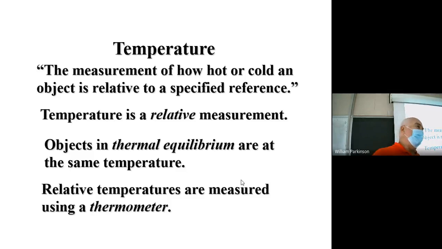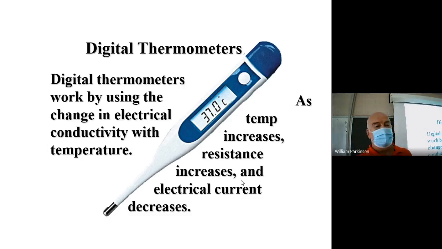Temperature, as I say here, is a relative measurement. Now, what do I mean by that? I typically design a temperature scale, and I measure temperature on that scale. There are a couple of scales that are commonly used: the Fahrenheit scale, the Celsius scale, and the Kelvin scale are the typical ones that we commonly use in science. So maybe we'll say a word or two about these things. And of course, to measure our temperature, we're going to in some way use a device we call a thermometer. Now, how does a digital thermometer work?